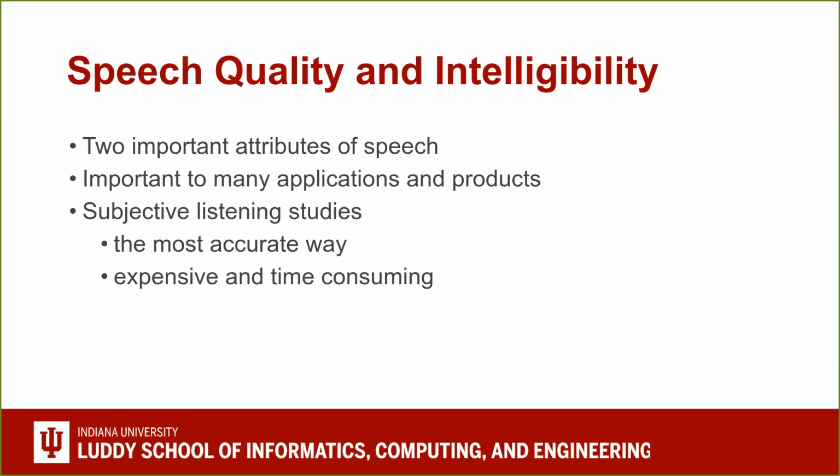Quality and intelligibility are two different attributes of speech. Quality assesses how well a speaker produces an utterance and refers to the pleasantness of a speech signal. Intelligibility assesses what the speaker said, like the meaning or the content of the spoken words. It measures how well one can recognize what is said in a given speech utterance. Speech quality and intelligibility are key factors when assessing a listening environment, communication channel, or speech enhancement algorithm.